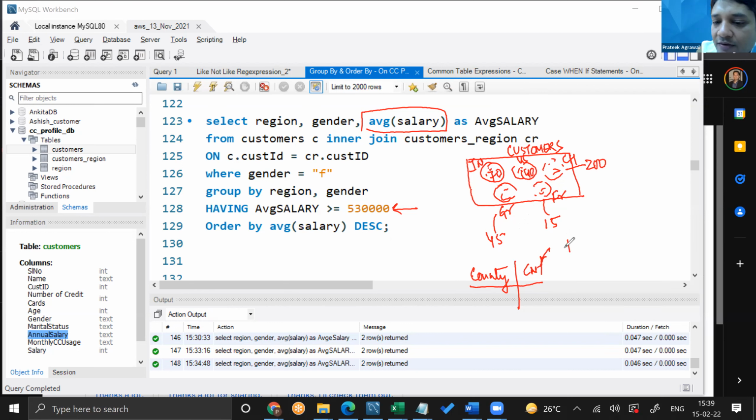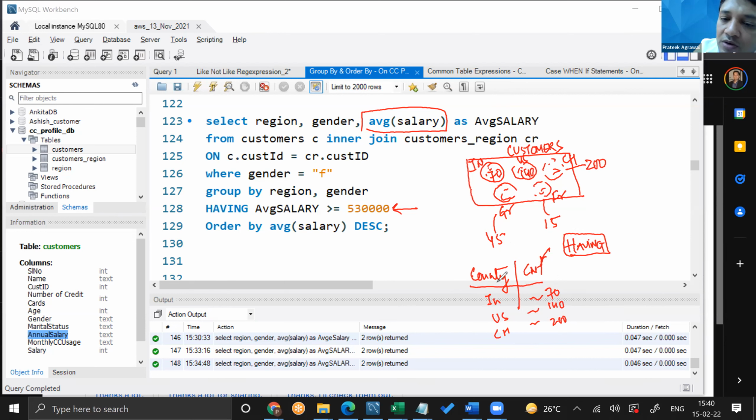Having or where? Having. As you said, we will use having, but in the same condition, where we have written a query. Here gender is also grouping. Let's say here we have India, we have whatever count, we have US, we have whatever count, we have China, we have whatever count. I mean, whatever count meaning 70, 140, and 200, but they're all with more than 50 customers.